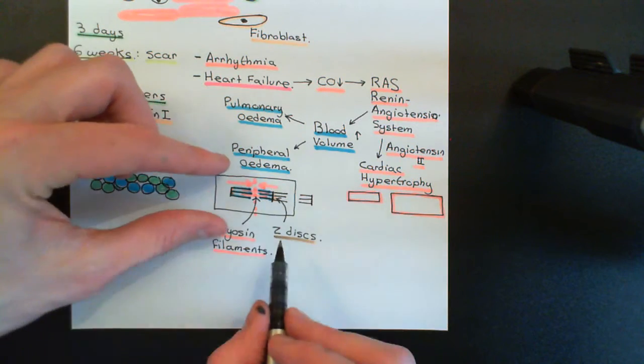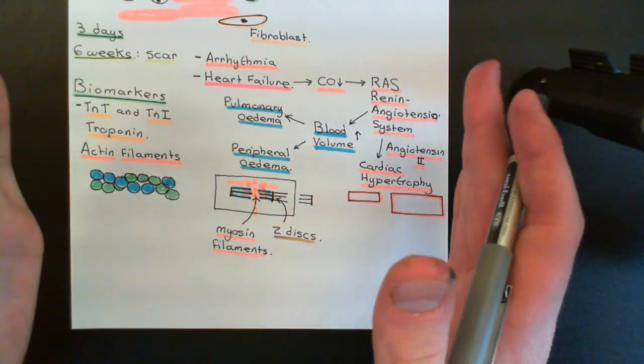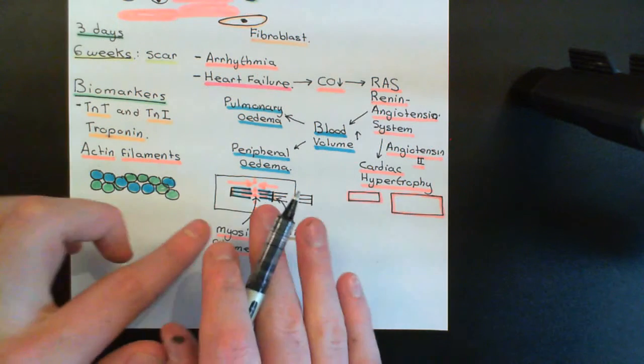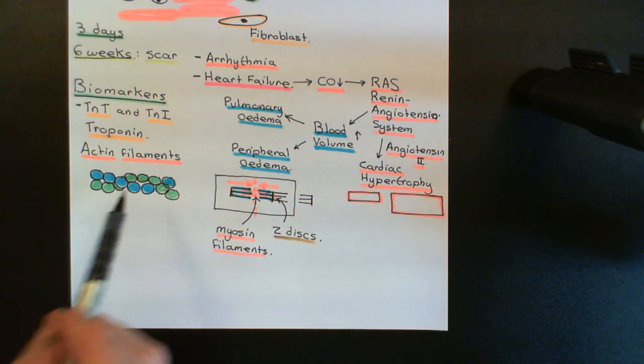And you'll have loads of these great big chains of sarcomeres along the entire length of the cardiomyocyte, and therefore when they all contract, when the cardiomyocyte receives the electrical signal and converts that into a calcium signal, you will get contraction of the entire length of the cardiomyocyte. So there's a brief explanation as to how cardiomyocytes contract using these sarcomeres, and a key component of this then